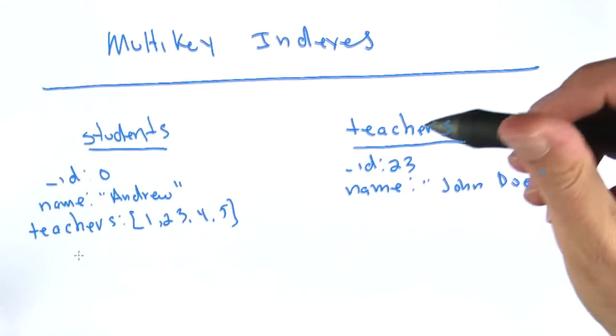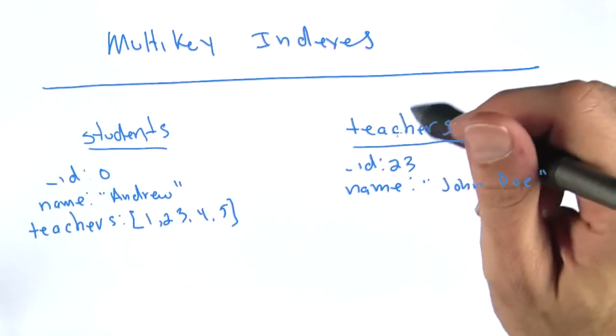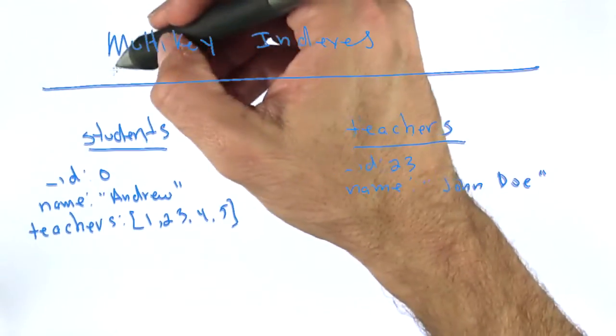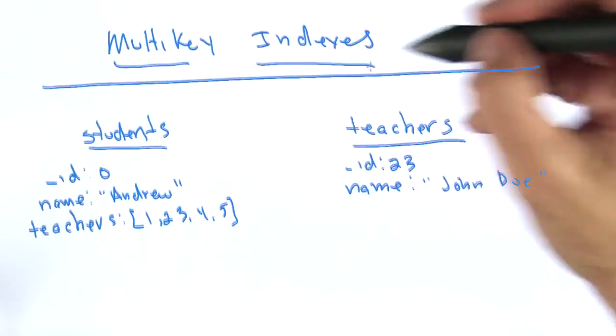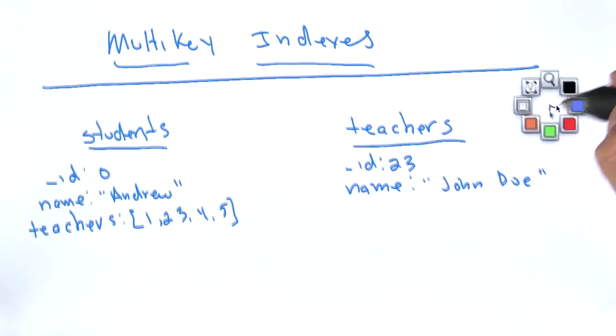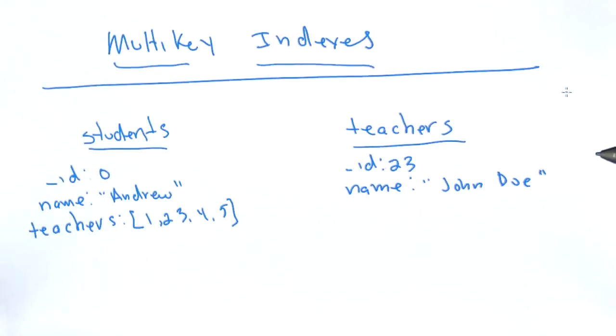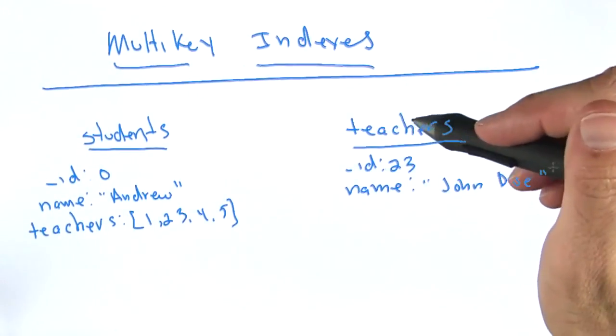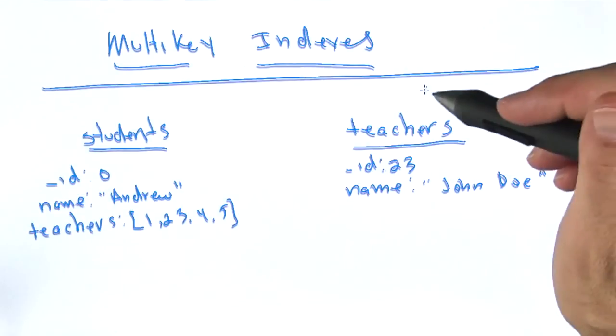One of the reasons why linking and embedding works so well within MongoDB is because MongoDB supports multi-key indexes. I want to talk a little bit about multi-key indexes and why they're useful within MongoDB schema. So earlier we talked about a students and teachers arrangement where there's a many-to-many relationship between students and teachers, where